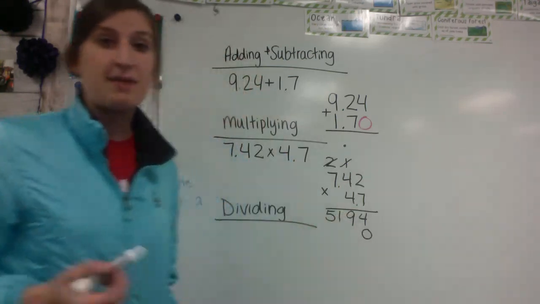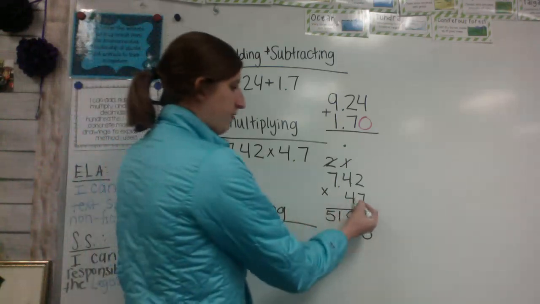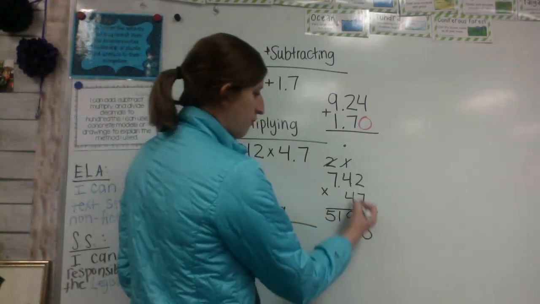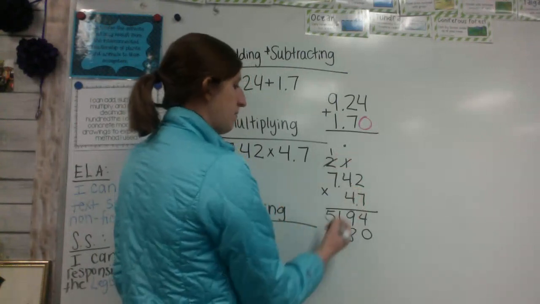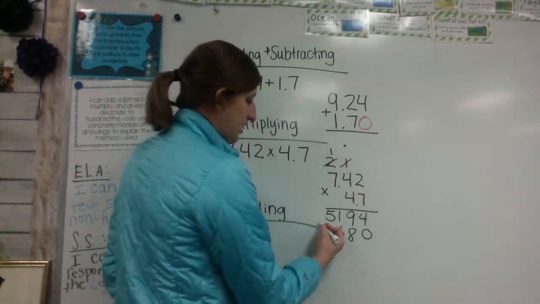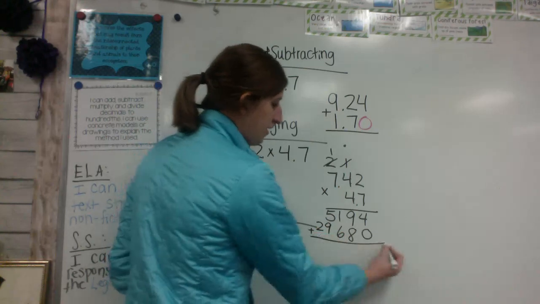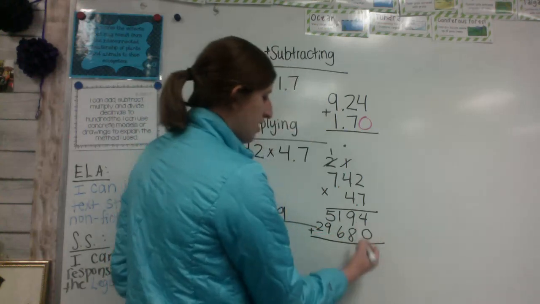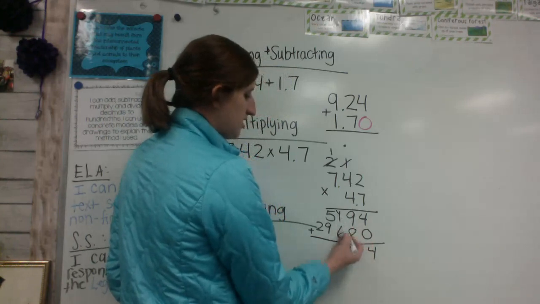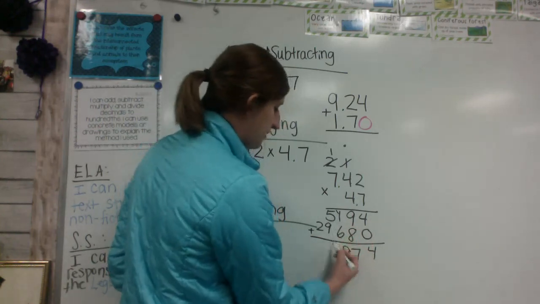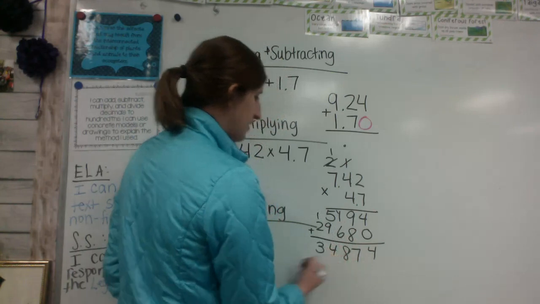Now we're going to do the exact same thing with the 4. 4 times 2 is 8. 4 times 4 is 16. 4 times 7 is 28, plus 1 is 29. I'm adding. 4 plus 0 is 4. 9 plus 8 is 17. 1 plus 6 is 7, plus 1 is 8. 5 plus 9 is 14. That's